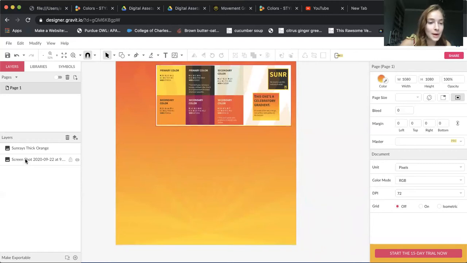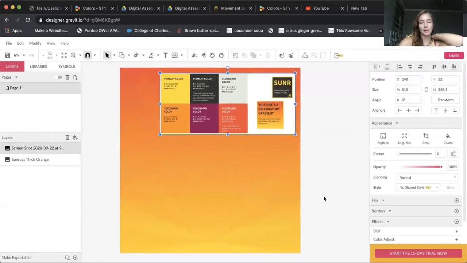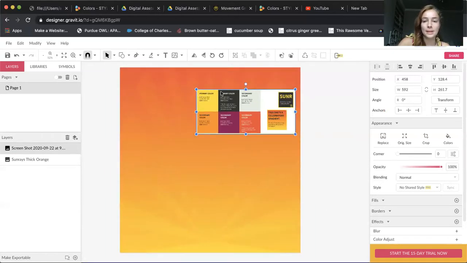I love using them. All right, I'm gonna move my screenshot above my sunrise in the layers panel so that I don't get orange on my colors. Then I'm going to move this small,